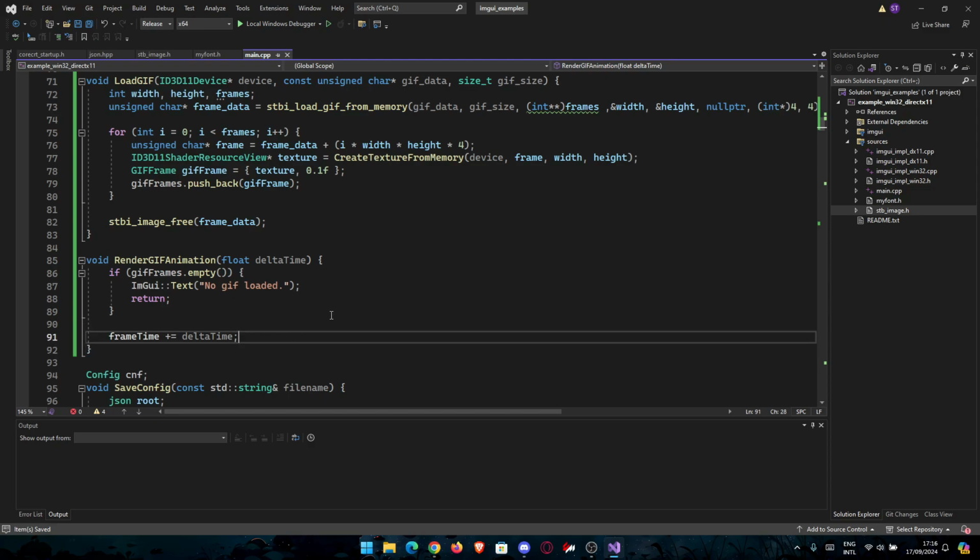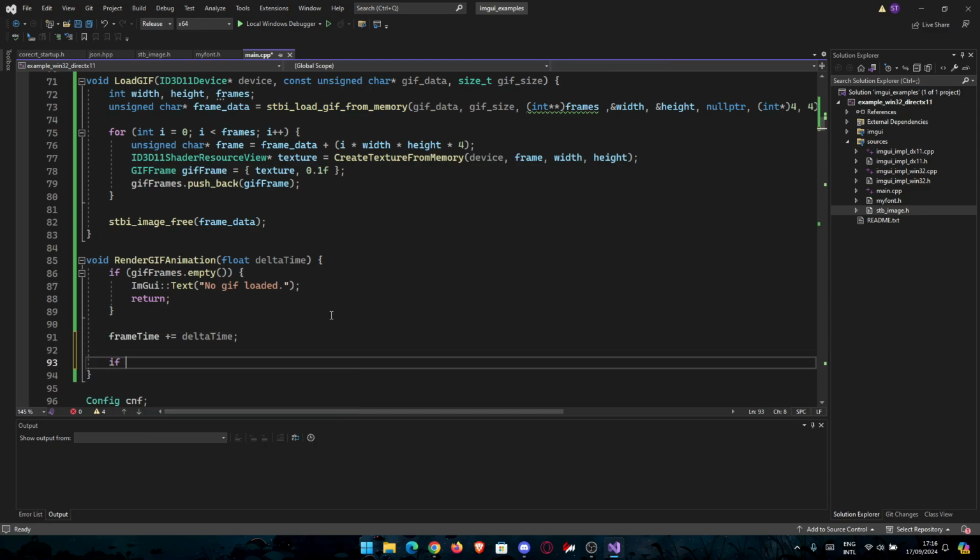Frame time plus equal delta time, and then we're gonna use the basic peak checking, if you ever coded certain cheats, DLLs and stuff, you know this. Anyways, if frame time is bigger or equal, then GIF frames current frame